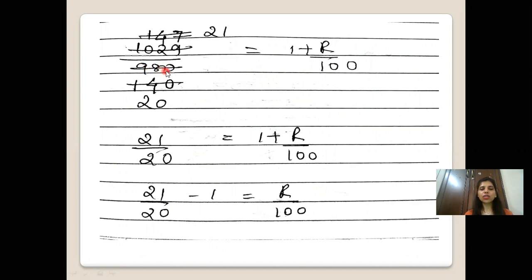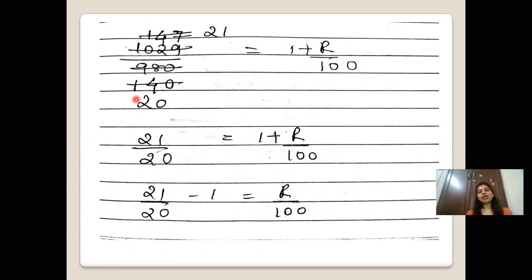1029 and 980. Now check for the divisibility test of 3 again. So you can see 9 plus 2, 11, 11 plus 1, 12. And so this number is divisible. But what I am planning to do is do it with 7. The reason is it will be easier for me to skip certain steps. So I can see here both the numbers are divisible by 7.